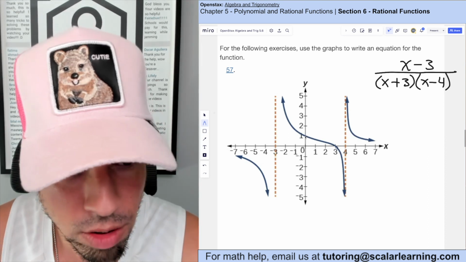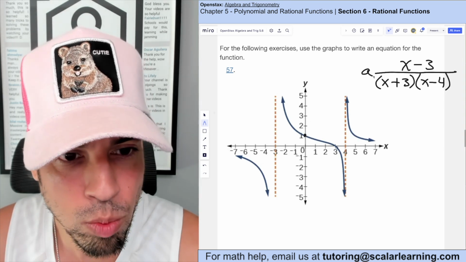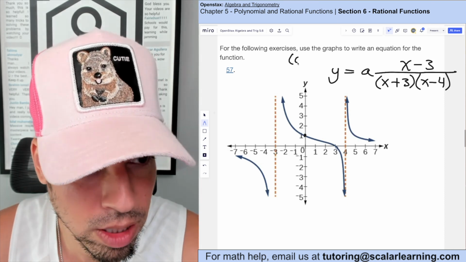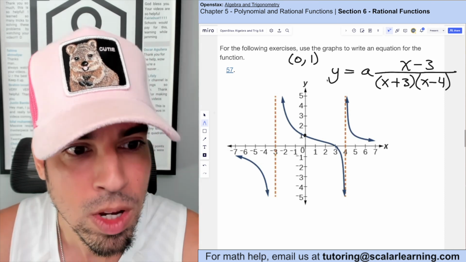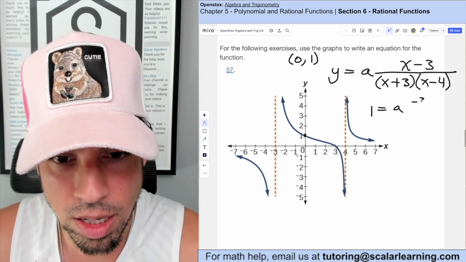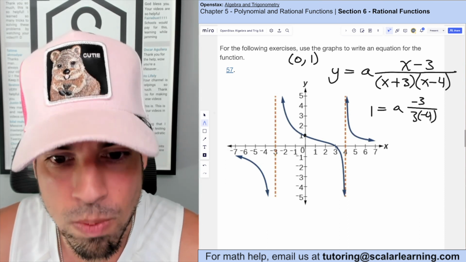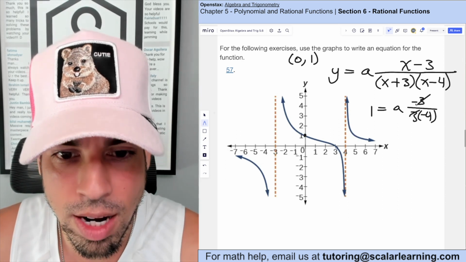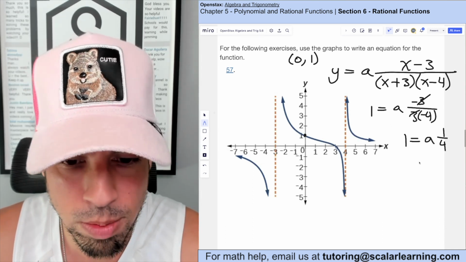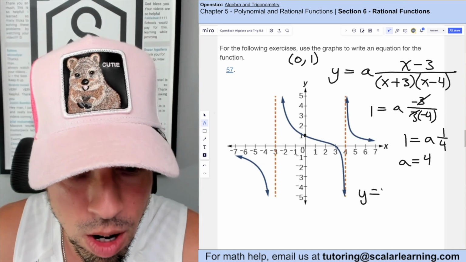And then the only thing I haven't accounted for is that y-intercept, meaning when I plug 0 in for x, I should get 1 for y. So we know that there's some missing a value potentially that we have to solve for, and we can solve for that by plugging in that y-intercept of (0, 1). So when I plug in 1 for y, I'm plugging 0 in for x. So on top I have 0 minus 3, which is negative 3, over 0 plus 3 is 3, 0 minus 4 is negative 4. So you'll see that we can even cancel those 3's out. I have negative 1 over negative 4, so I have 1 equals a times 1/4. Multiply both sides by 4, a equals 4,